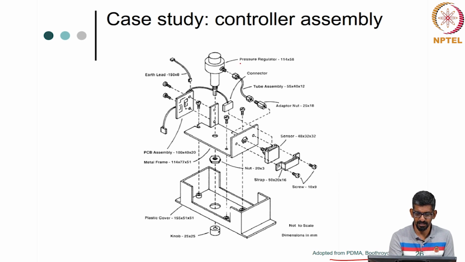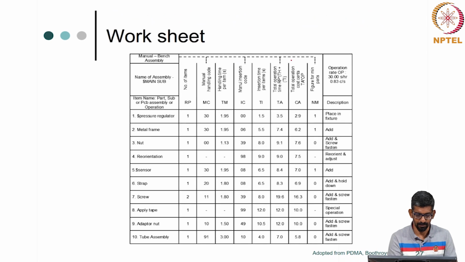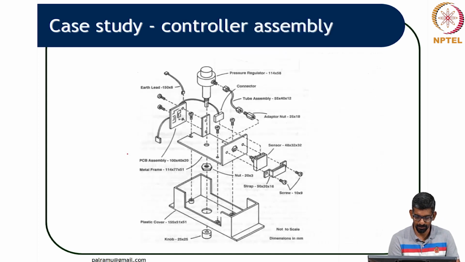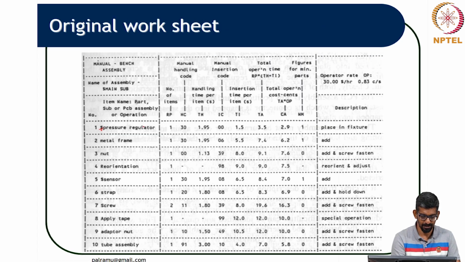first thing I guess they are taking this pressure regulator, okay. Yeah, they are taking the pressure regulator. Name of the assembly is the main sub assembly, and then they are calling all the parts, right. So, if you go back to this, they have a pressure regulator, they have a connector, they have a tube assembly, pressure regulator, tube assembly, and then the metal frame, nut, everything they have put it here part by part. Then what they are trying to do is this,